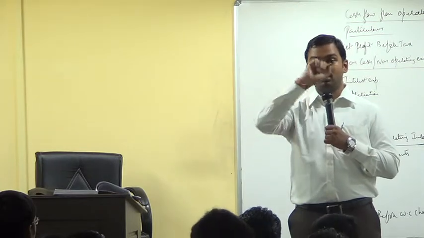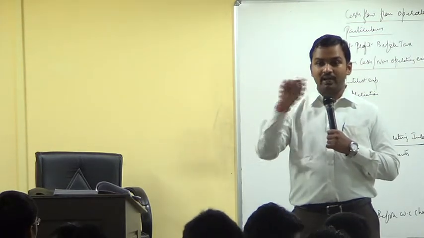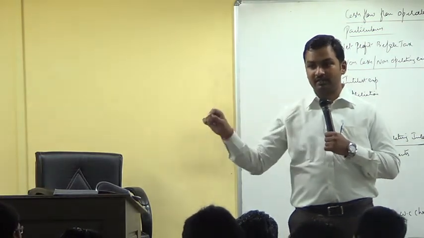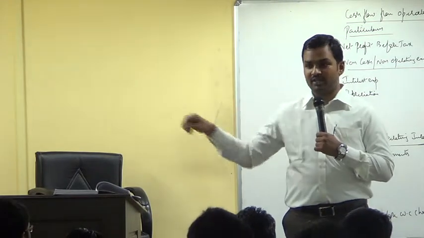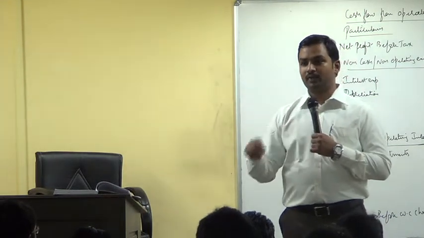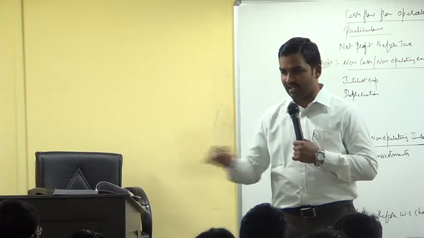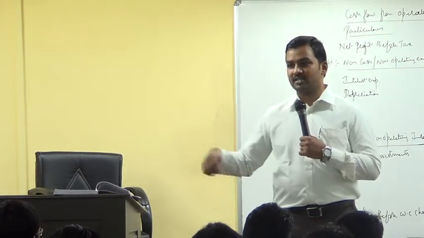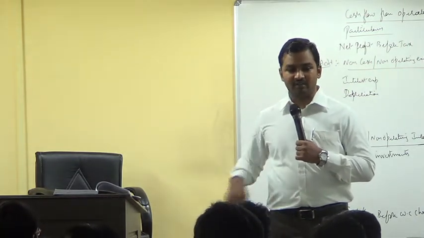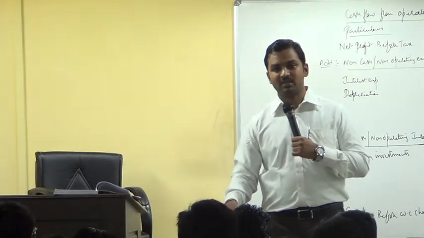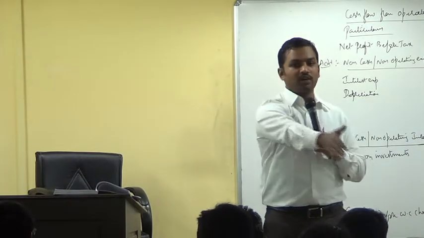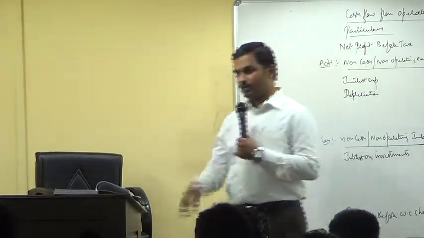Sales minus cost of goods sold, gross margin, minus operating expenses, operating profit before depreciation, interest and tax, less depreciation, operating profit before interest and tax. Then we add and minus other expenses and other income. Profit before interest and tax, less interest, profit before tax, less tax, profit after tax, less dividend, less DDT, less transfer to reserve. What do you get? Surplus. So how much surplus was there in the current year P&L account? 40,000, which was added to the last year's surplus, and the total credit balance in the P&L account is how much? 1 lakh rupees.